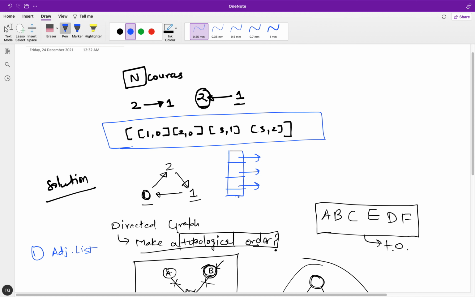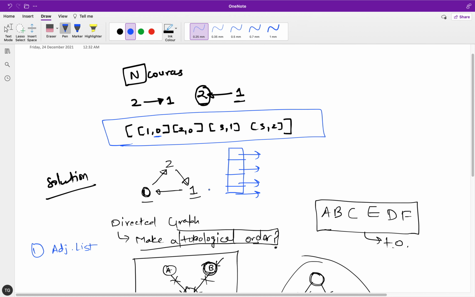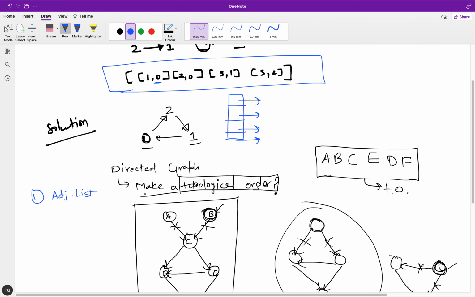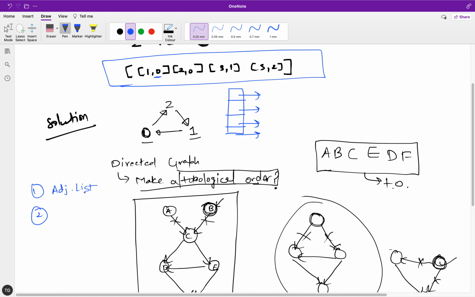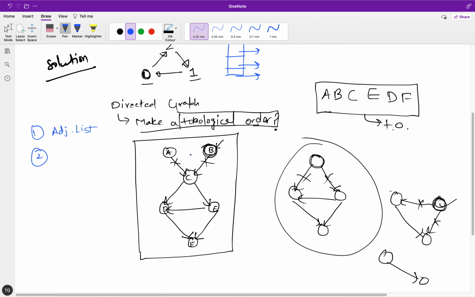This is in the case where all my nodes start from index 0. If my nodes do not start from 0, then also I can use the adjacency list to fetch the neighbors of a particular vertex in order of one time. So first you will convert the input into an adjacency list, and after that, you guessed it right. What we are doing here is finding in this graph how many vertices have an in degree of 0.